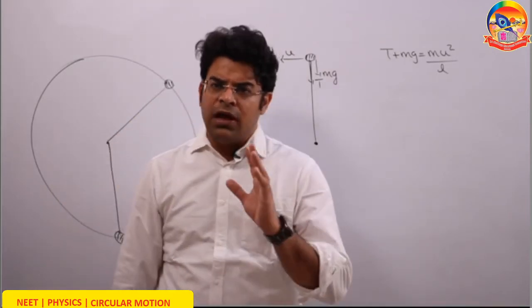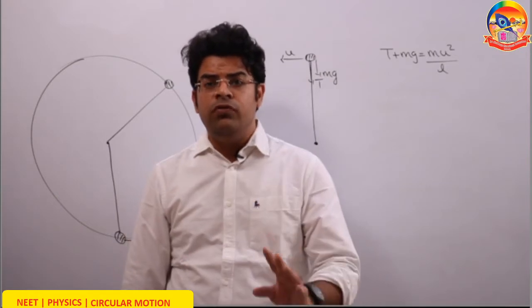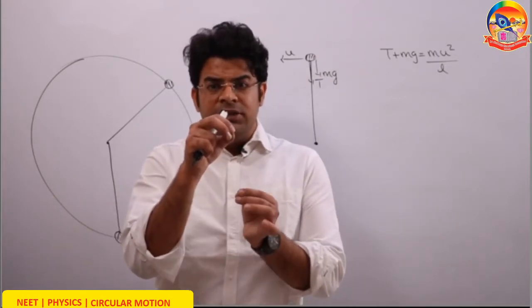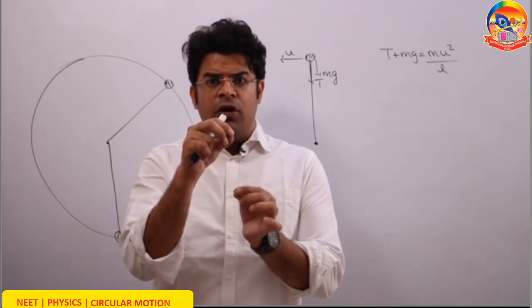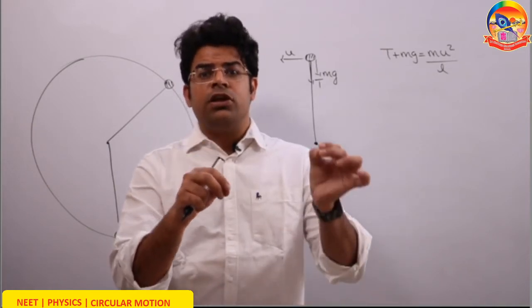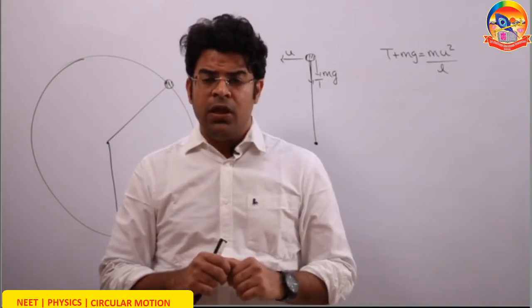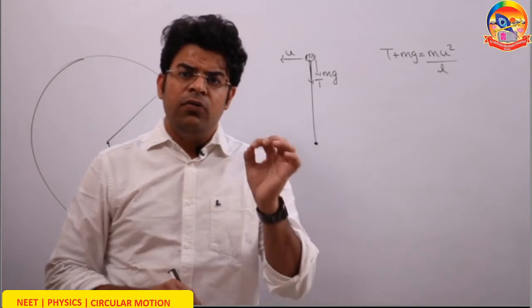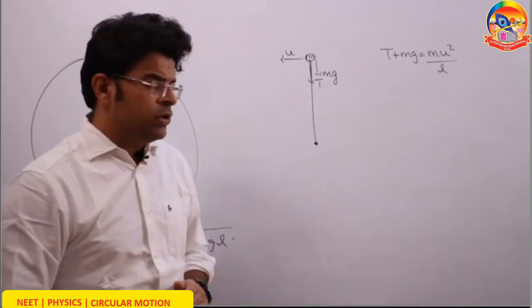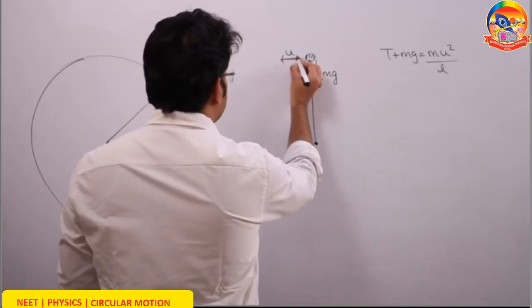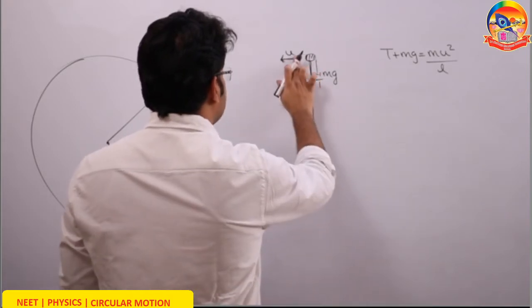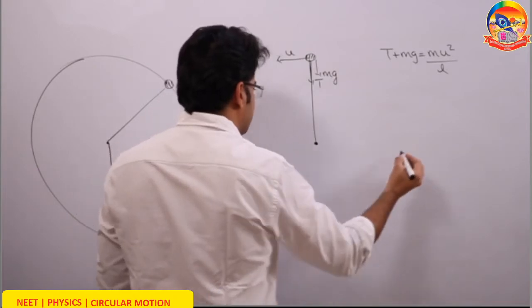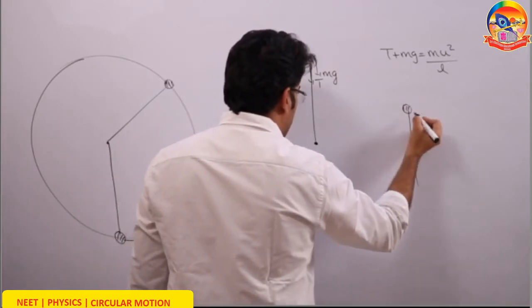But where I am going to emphasize is how we get the answer. So let's focus. At which point is the most probability of the bob to discontinue the vertical circular motion? At the highest point. Let's say, what is the minimum speed required at the highest point for the bob to continue the vertical circular motion? Let's say the speed of the bob at the highest point is u. When the bob is at the highest point, why do I consider some speed? If you do not consider any speed, and the bob is at the highest point at rest,